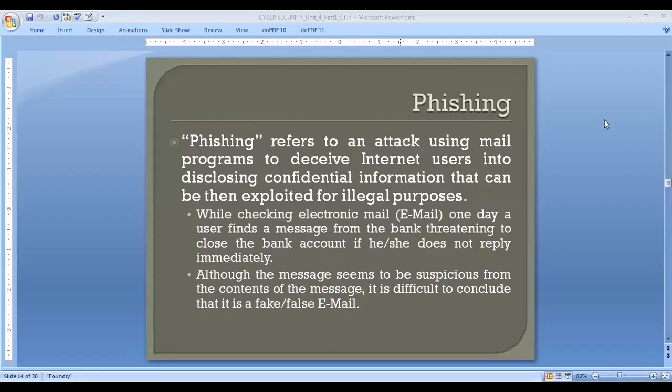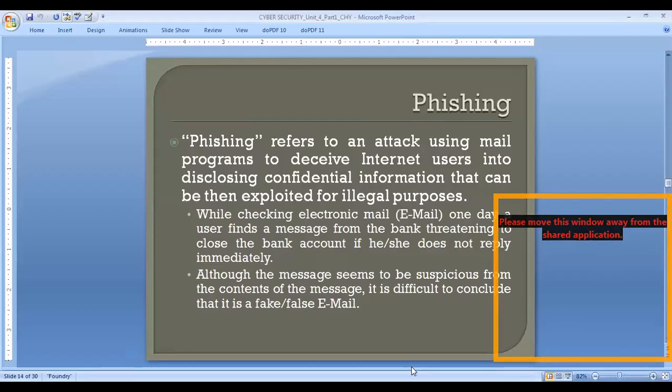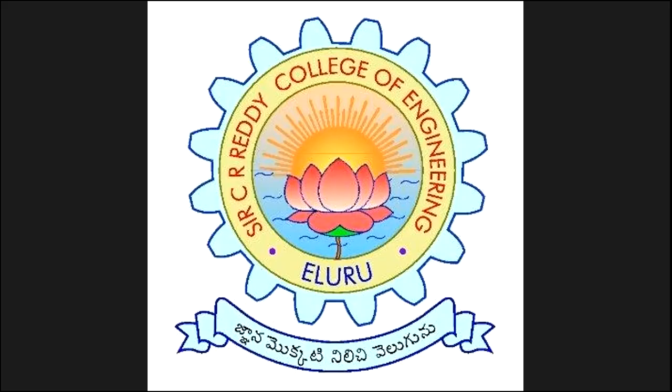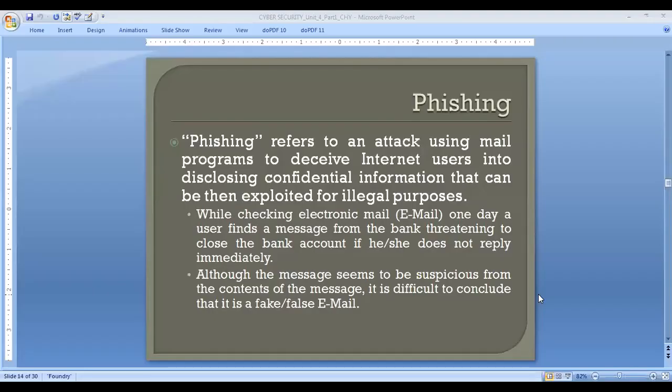So, good morning, all of you. In the last class, we discussed both IT tools and methods used for cybercrime. As part of that, yesterday we saw what is